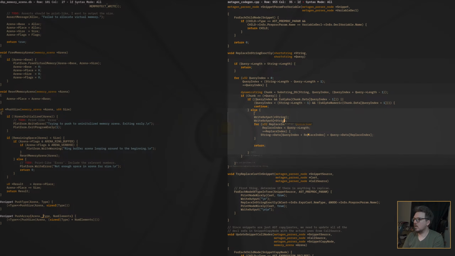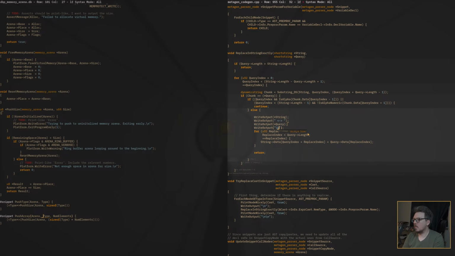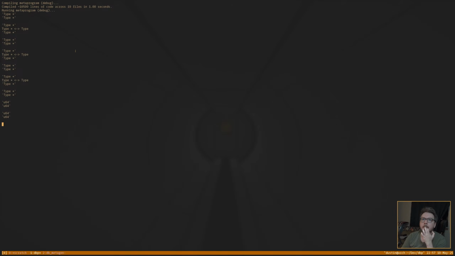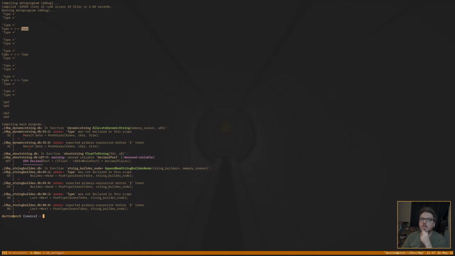Type. Okay, I'm missing something there, but yeah, these are not Vim key bindings. These are, so Emacs has its own weird key bindings that I also never used. So I